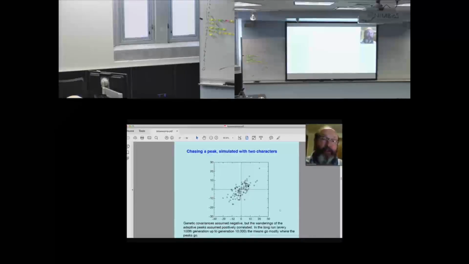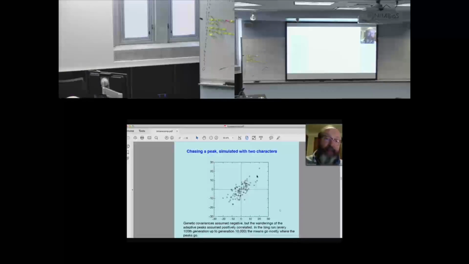Within short terms, the covariation of movement is negative. So if we look at just successive generations, they'll tend to vary on this counter diagonal, but overall, for the long period of time, the variation is positive. So this is just a trivial example of how the covariation of the optima in the movement of the peak has a very strong long-term effect. And in the end, the population is just being towed around by the peak. And the genetic variation creates short-term correlation.